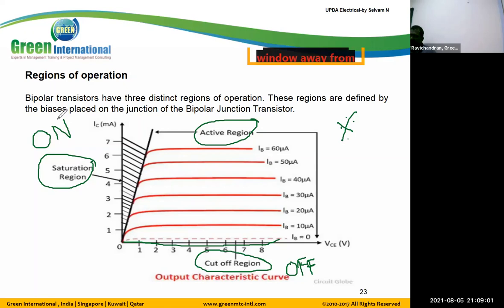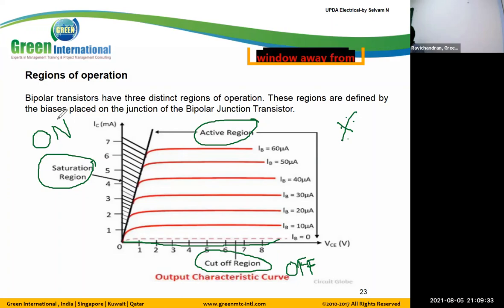A transistor is a switch, so we can use a transistor as a switch. As a switch we have two operations, the off condition and the on condition. Off gives us the cutoff region, and on gives us the saturation region. That means below a standard base current value we get the off condition, and beyond this value it becomes saturation. That value we call the on condition.